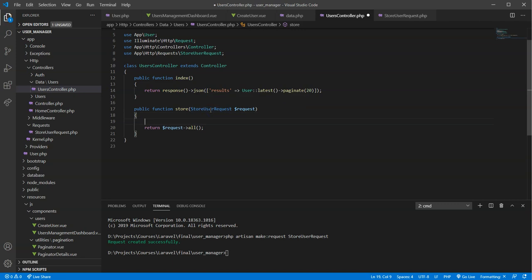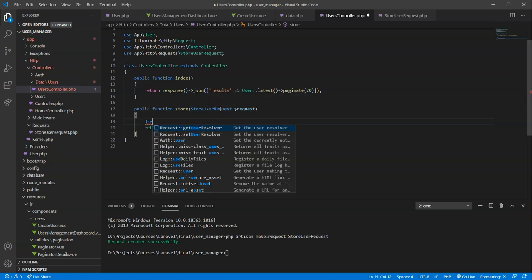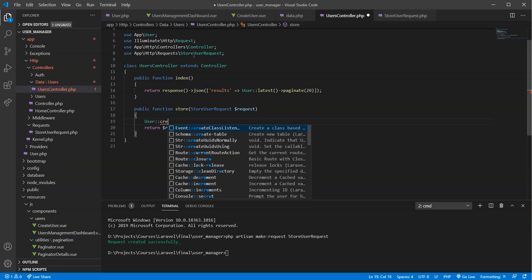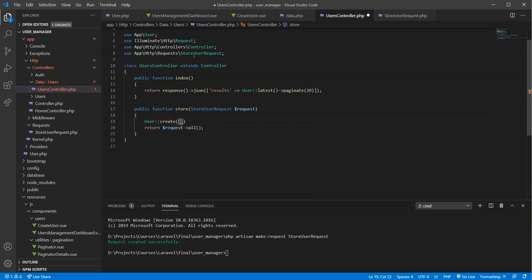So to add a record to the database, we obviously go through the model, because the methods are already provided to us there. So we need to use the user model. The user model is already brought in here, and we just need to go create. In here, what we're going to do is,